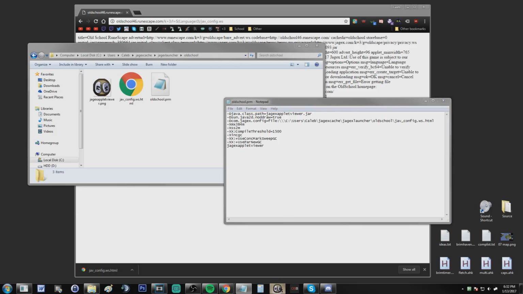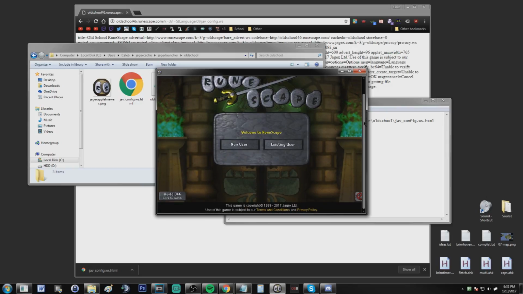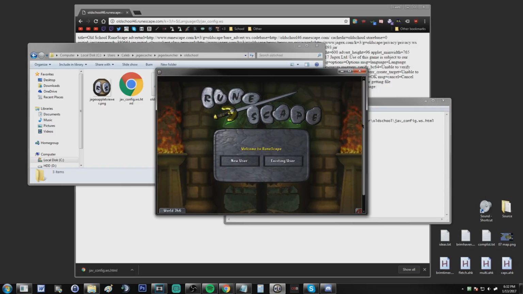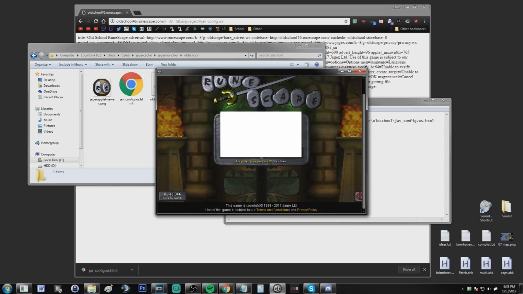So if you click your client down here, it should load up fine, and you'll notice that it opens in a different size than it used to. When you first open it, it will be cut off a little bit like this because it always opens the first time with this copyright information and then the terms and conditions and privacy policy. But once you actually log in, which I'm going to do right here, you'll also notice that it did open up World 346 like I wanted it to. So if I just log in here,